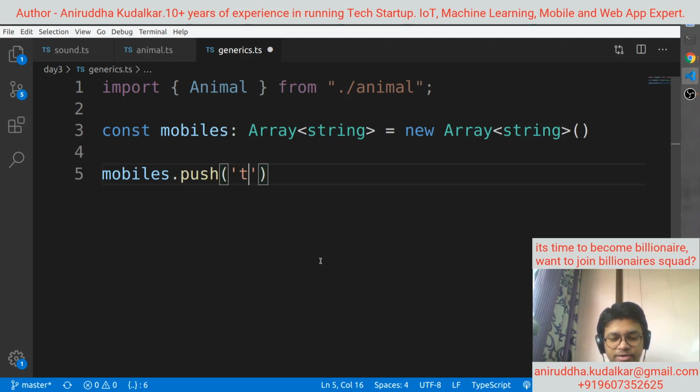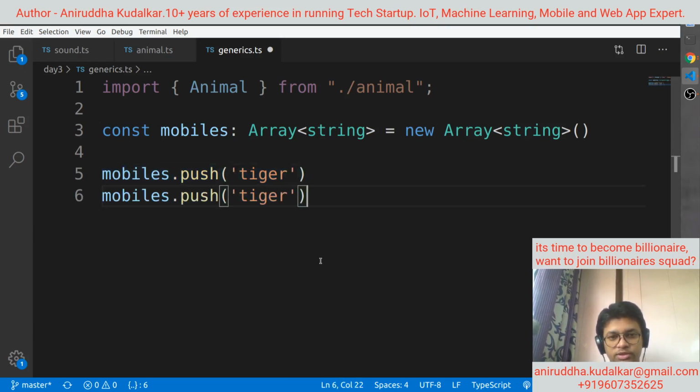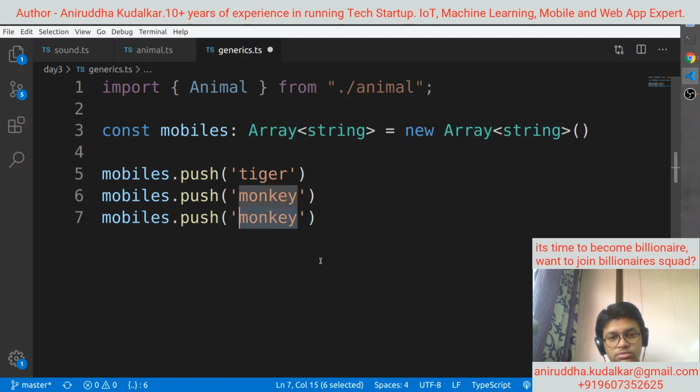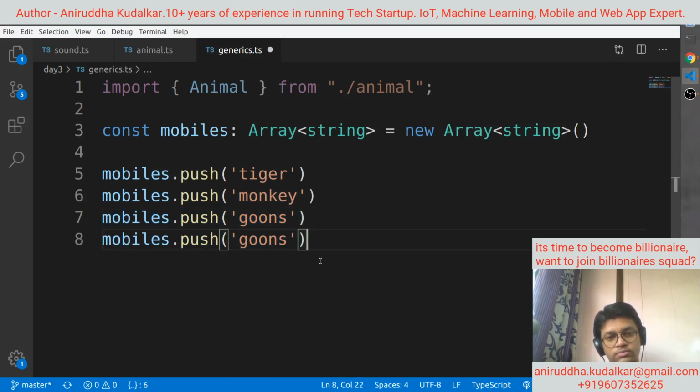You can say tiger, go on pushing tiger, then any animal, monkey, then goons, then cat, like that.